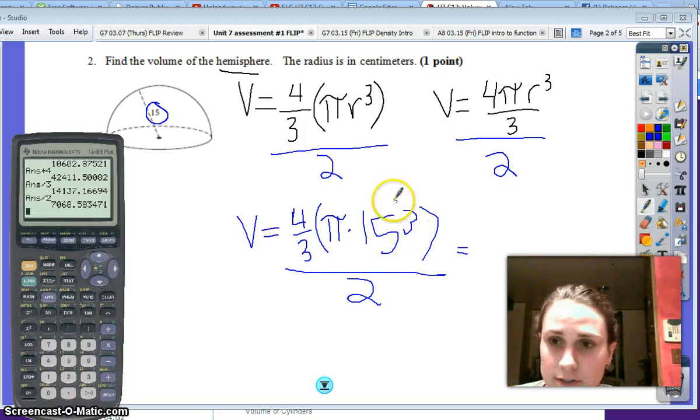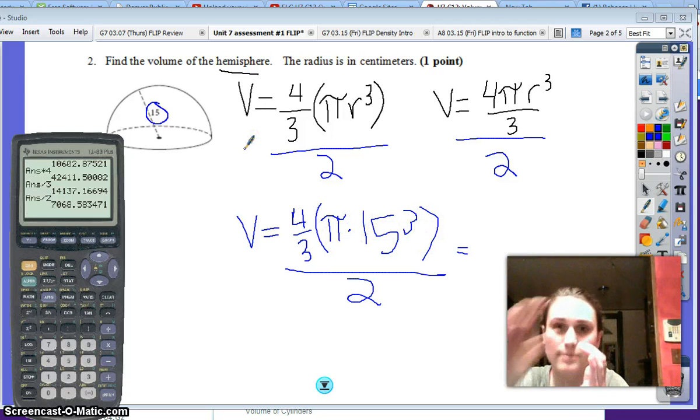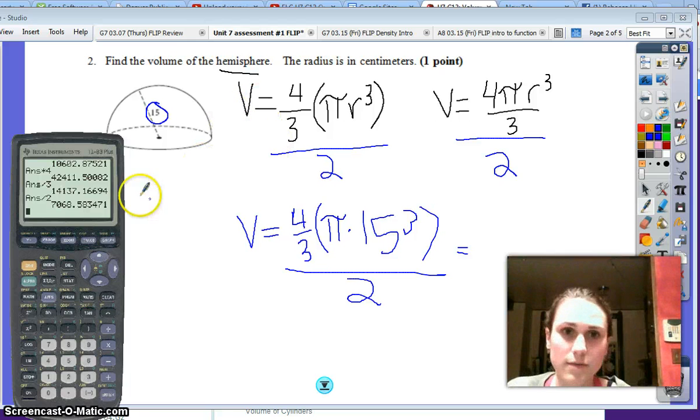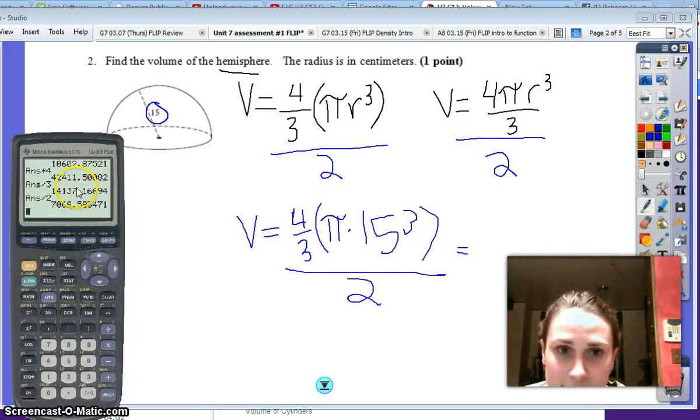So you'll notice what I did first was I found the value of 15 cubed. I multiplied that by pi. I multiplied that value by 4, and then divided that by 3. I could have multiplied my 15 cubed times pi, parentheses, times the fraction 4/3, and gotten the same thing. And then I divided that entire number by 2, and I got